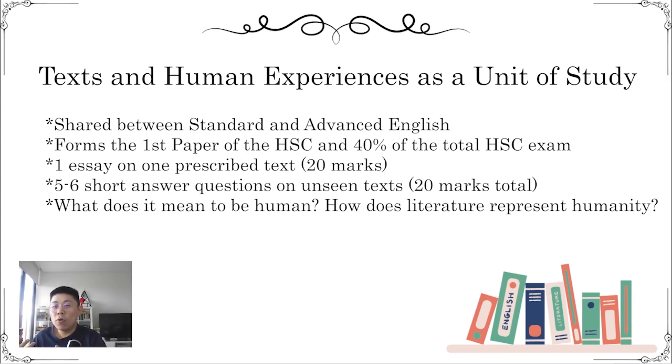So the core conceit of this module is that literature can represent what it means to be human, can make arguments about humanity in an individual and a collective sense, and explores the complexities of humanity. You can never make one defining statement about what it means to be human. There are always going to be exceptions and edge cases and paradoxes and anomalies.